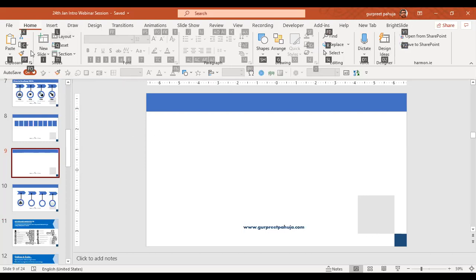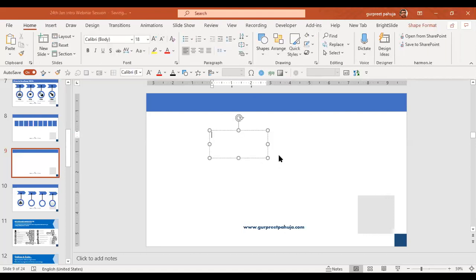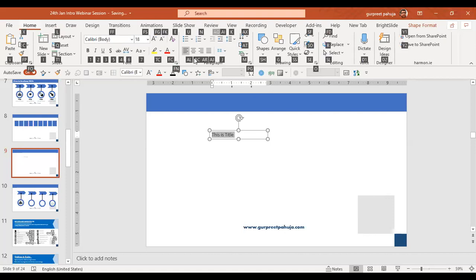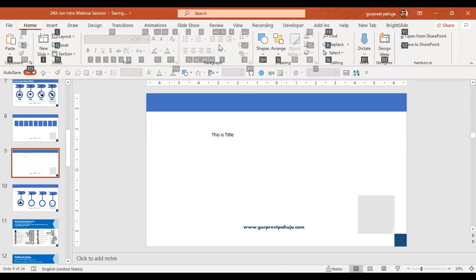If you want to do X, Control X is the option. You want to paste it, that's the option. Suppose I have a text on the slide, this is the title. I select this and I do Alt H. If you see, a lot of these options are on now. If I'm outside this, you see Alt H, these options are not on.